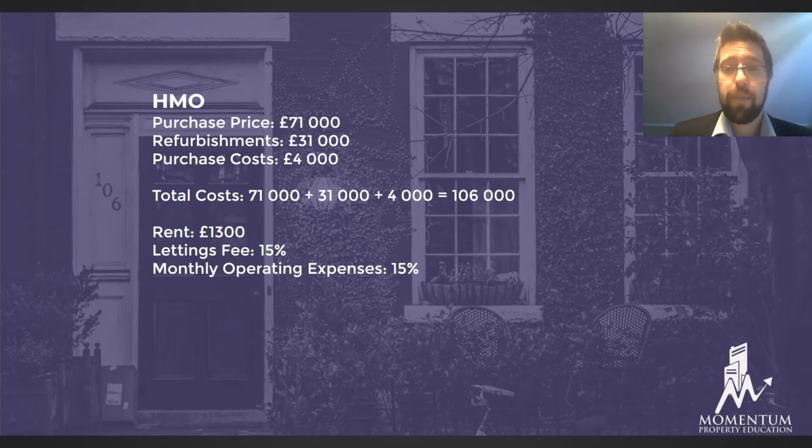The monthly operating expenses, industry standard again, is 15%. As you remember from Gallowgate, it was 10-10, but industry standard is 15 on HMOs. It's a little more operating expenses. You pay the bills, the council tax, and there's just more maintenance and turnover in an HMO. I want to tell you, I actually put away more in my HMOs than 15% because I'm kind of conservative, but this is industry standard, so we'll use those numbers for this video. But just remember, we put away more. So if you want to be a little conservative as us, then do that.